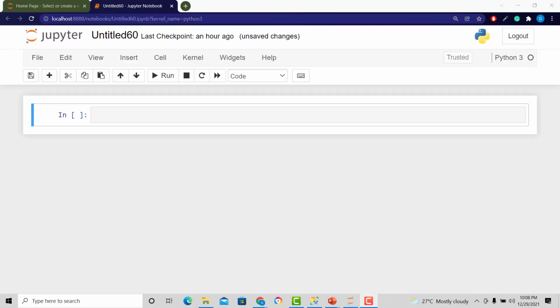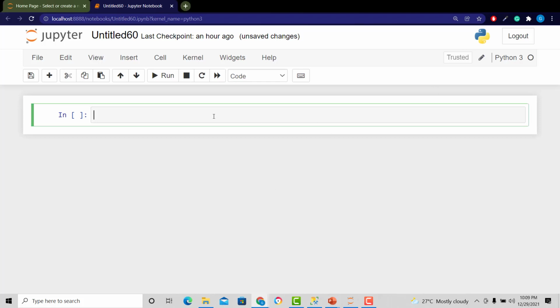Hi, so we're going to do many of the steps and functions that we use in SQL and perform those in Python. So the first thing we need to do is bring in our data, load it in, and we're going to do that with our pandas function. So we need to import pandas,